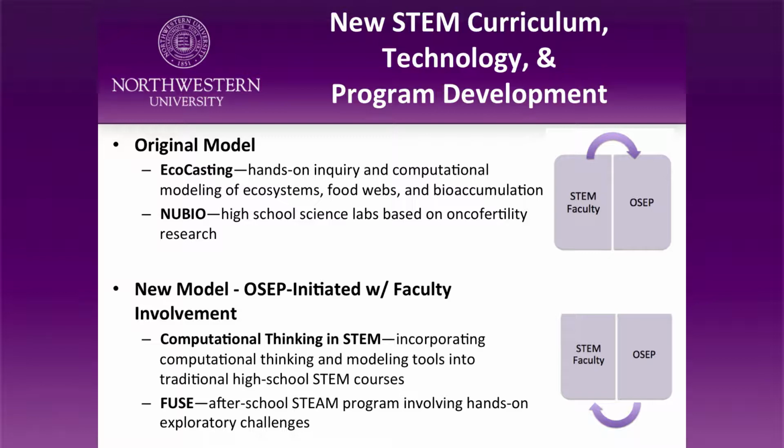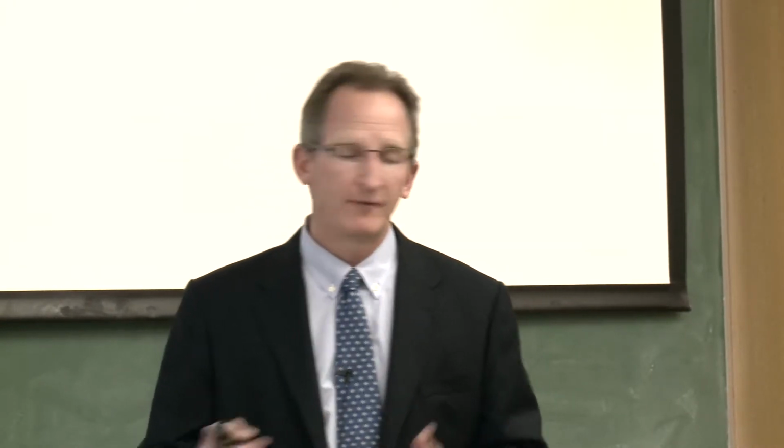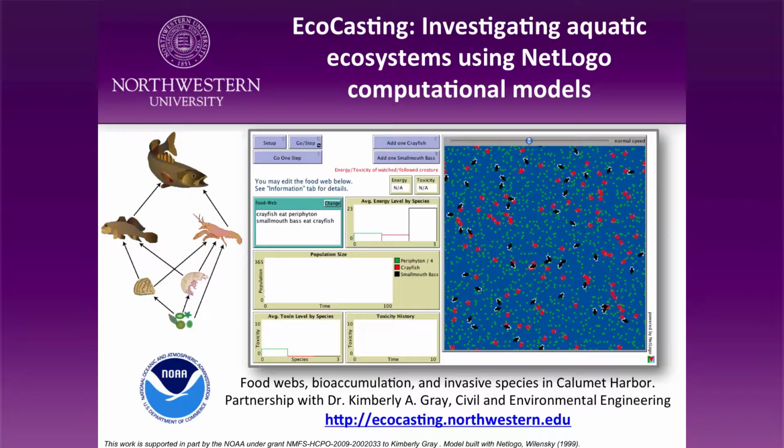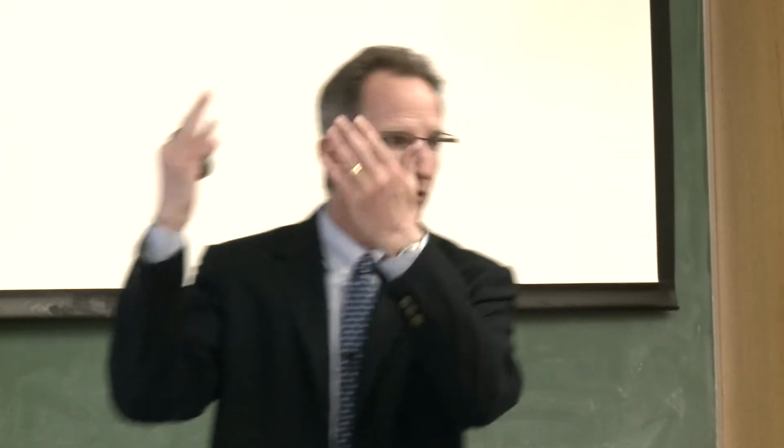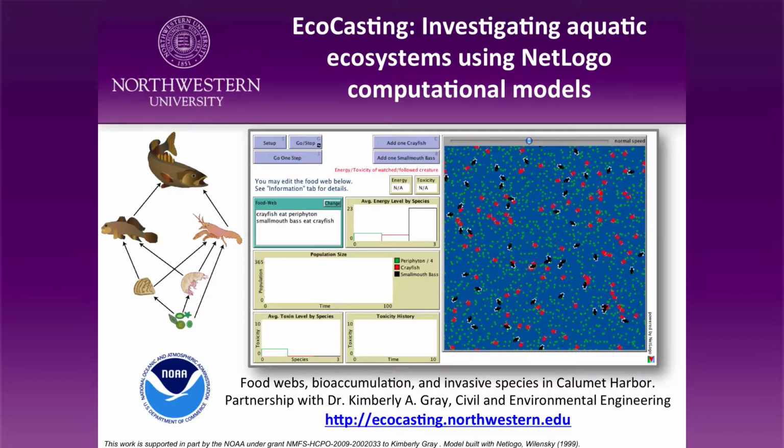And so anyway, these are the two models. I'll just give you quickly a couple of examples to make it concrete, because we're still kind of high level. So here's a project that was actually NOAA funded, where the researchers were looking at food webs and bioaccumulation of toxics. And we created a NetLogo simulation for the kids to play with, where they got to play with the different population species and watch the PCB toxics accumulate up through the food web. This is a complex systems modeling kind of task that turned out to be pretty popular and fun. Kids like to see the fish swimming around and eating stuff, and then they change the population dynamics and see what happens.